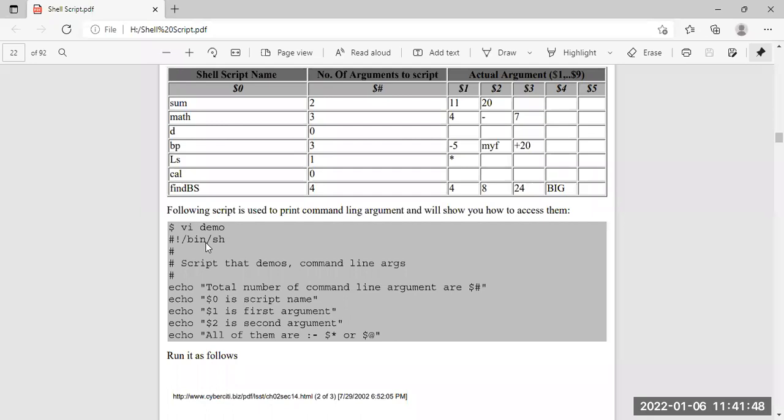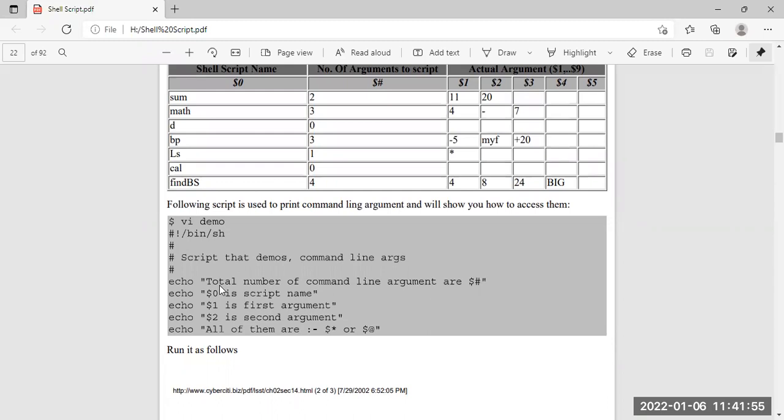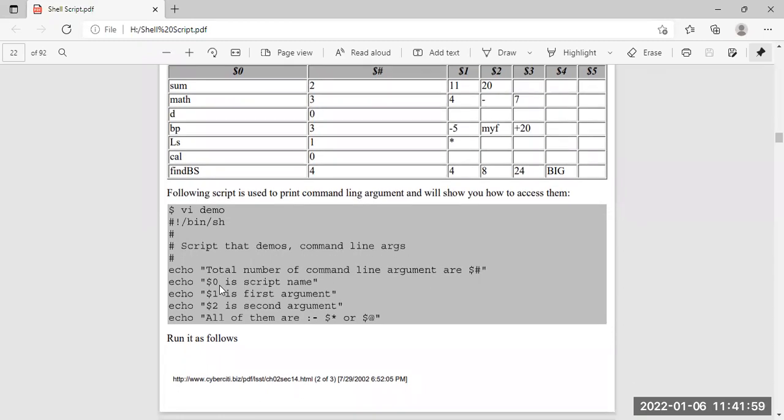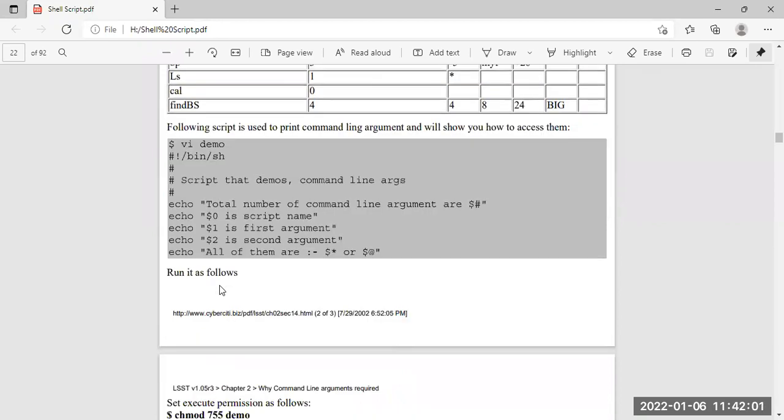So now there are some echo statements that will show us the command line arguments and how to access them, right? First statement, echo total number of command line arguments are $#. What is the number of command line arguments? It will display here. $0 is the script name, $1 is the first argument, $2 is the second argument, and so on.